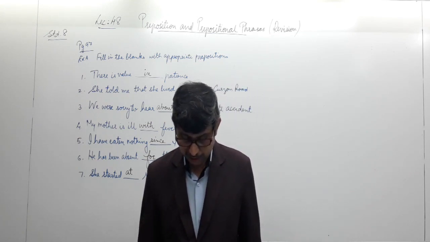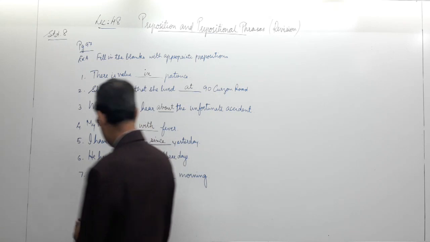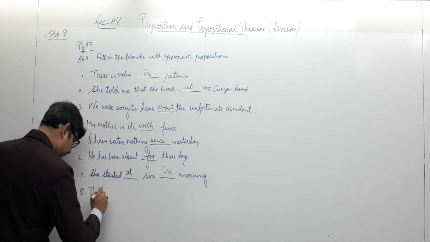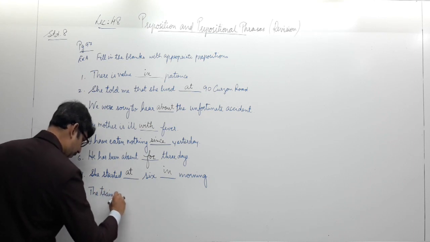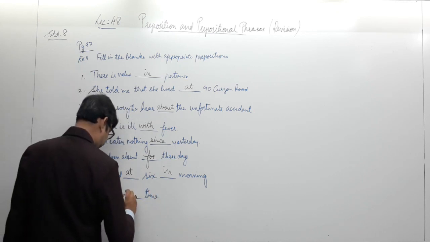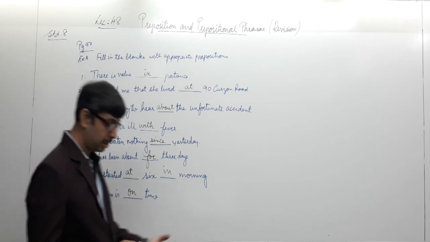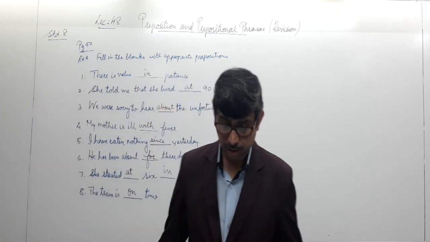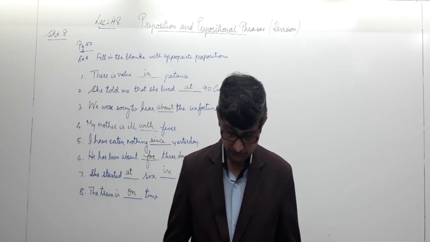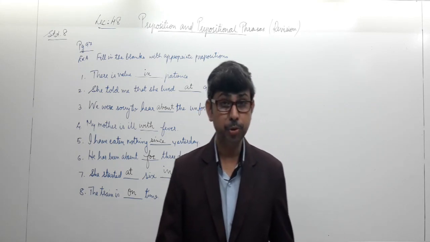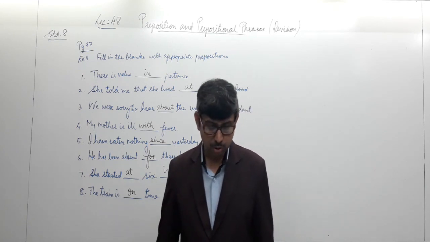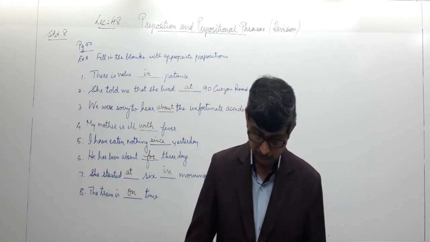Next one, the train is dash time. The 8th one. The train is on time. Yes. The preposition that we will be applying over here is on time, showing the preposition of time over here. On time. Well, it is a revision thing. I hope you know about this. This is a rigorous practice what we are doing. We've got 20 sentences altogether for the first exercise. We'll be practicing it. Very important.